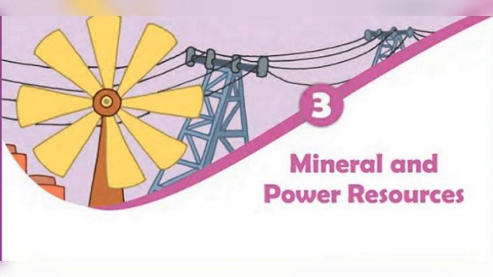Coal. This is the most abundantly found fossil fuel. It is used as a domestic fuel, in industries such as iron and steel, in steam engines, and to generate electricity. Electricity from coal is called thermal power. The coal which we are using today was formed millions of years ago when giant ferns and swamps got buried under the layers of earth. Coal is therefore referred to as buried sunshine.